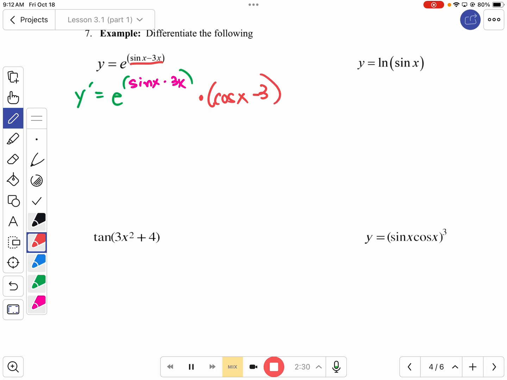Yes, ma'am. Sorry, but I just don't understand how e is the outside. Okay? Well, remember a function e to the x, all right, its derivative is itself. So it's kind of like a trig function. If there's anything in that exponent besides just x,